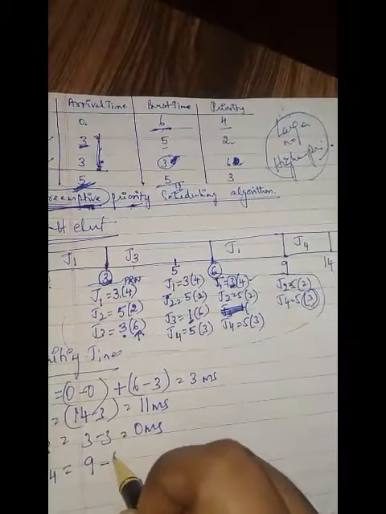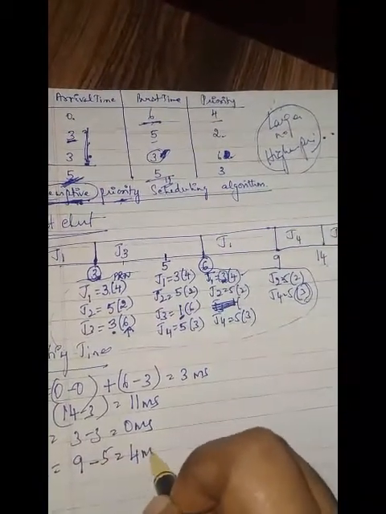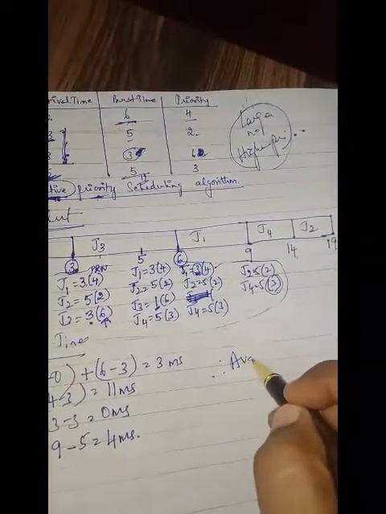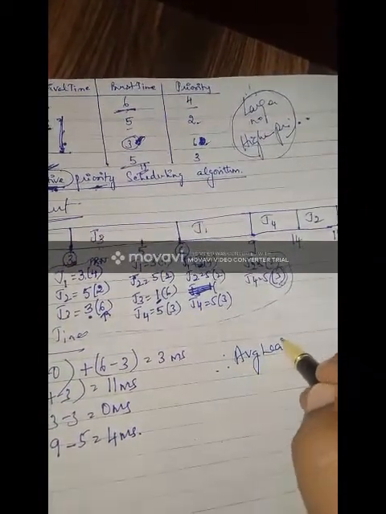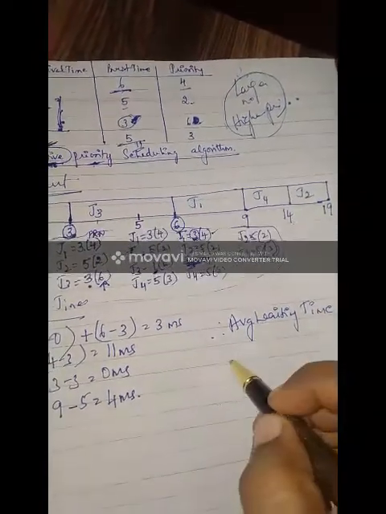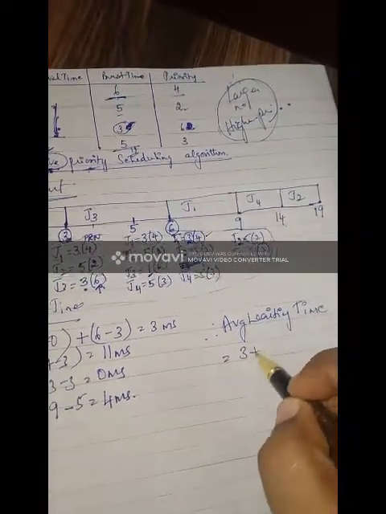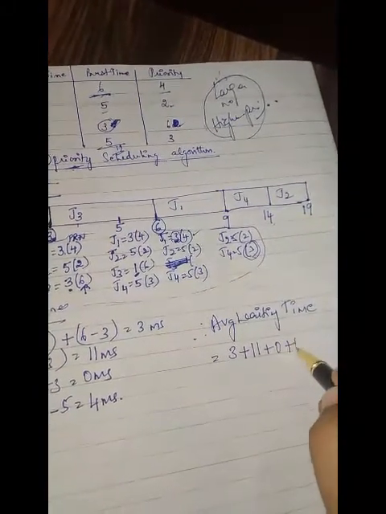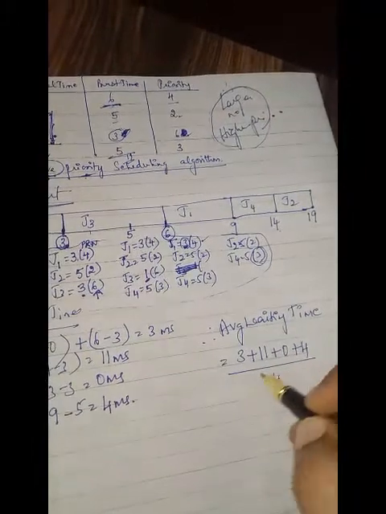So 9 minus 5. So the average waiting time is 3 plus 11 plus 0 plus 4 divided by 4, that is